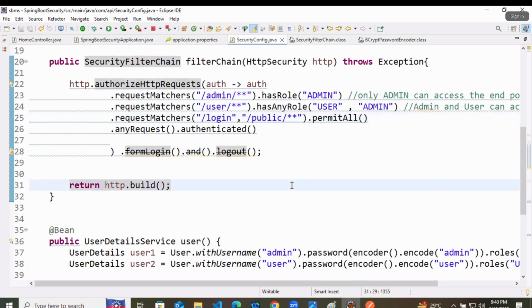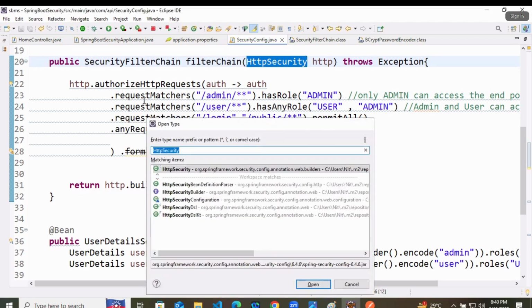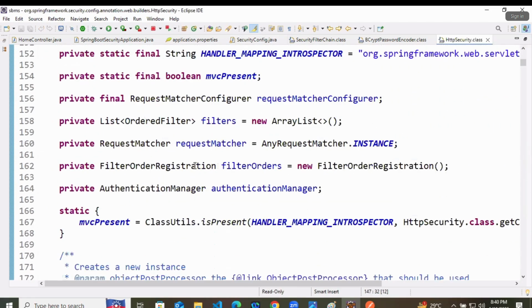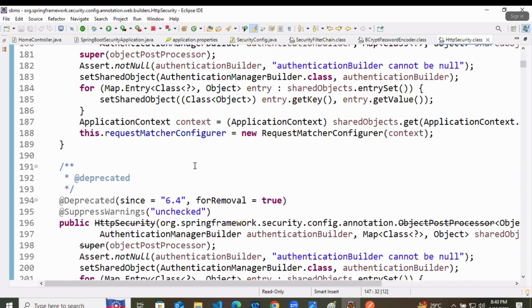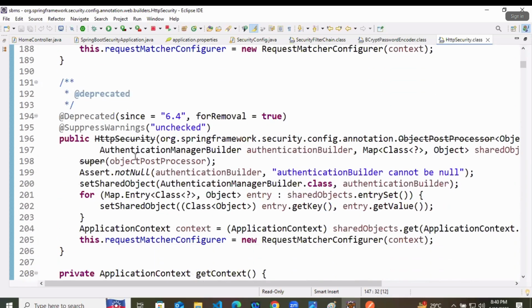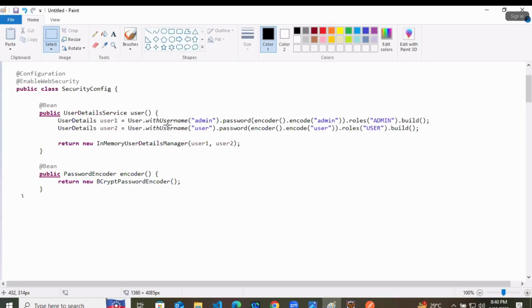Now, in this particular section, what we are doing, we'll just revise it. So here, HTTP security with HTTP. The final security medium is JWT, that we will build at last.